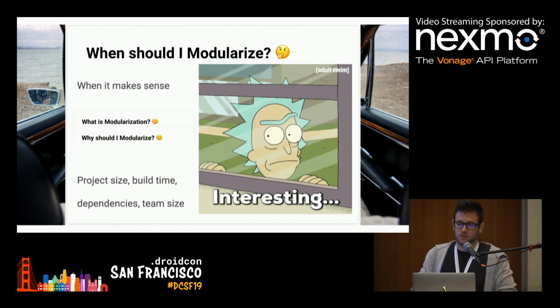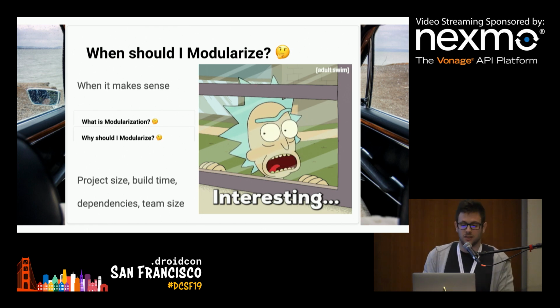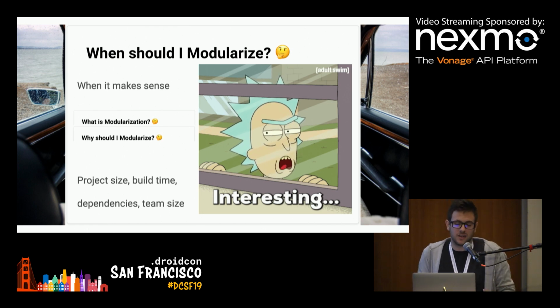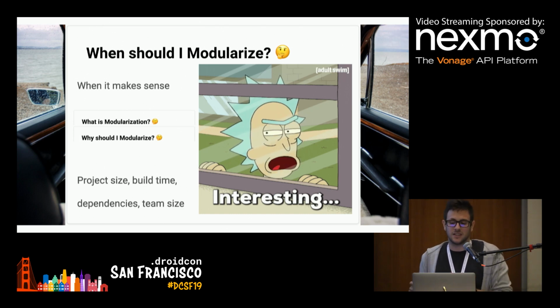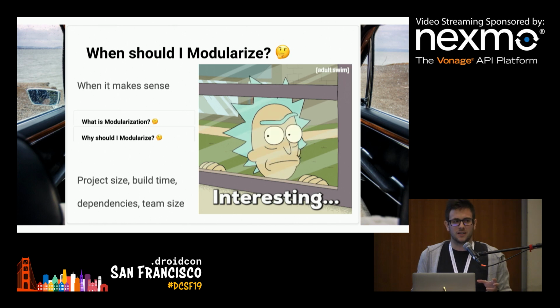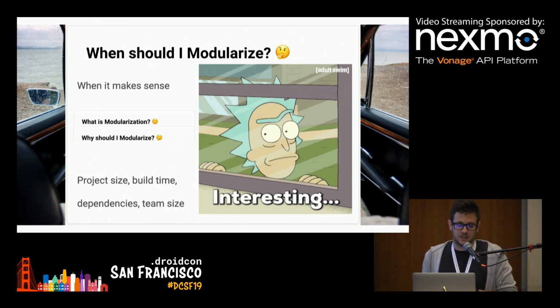One of the most important things, which is not really related to development, is communication. You really need to communicate to the stakeholders of your company what the value of modularizing is, and why you want to modularize your project. It might not have a direct impact on the user because you're not building a new feature, but down the line it will actually have an indirect